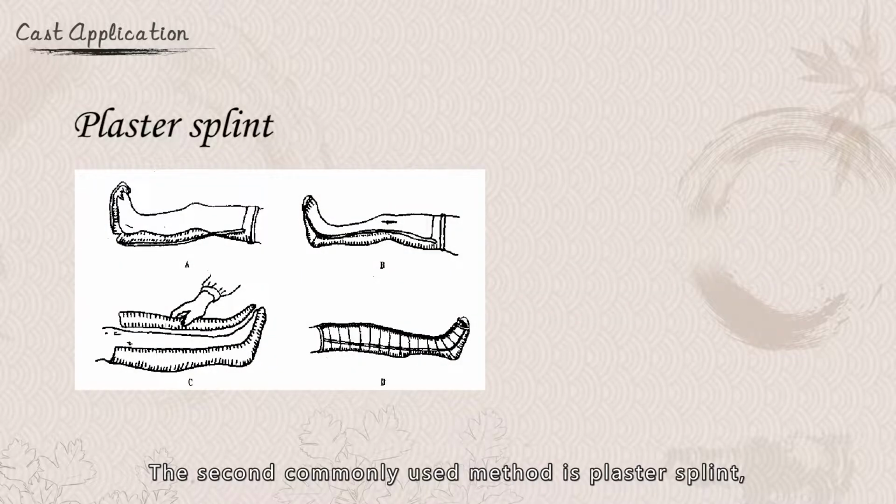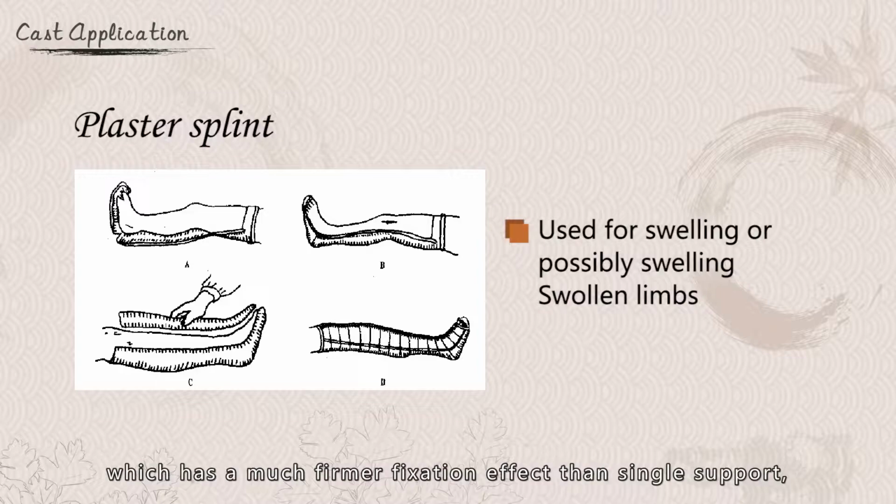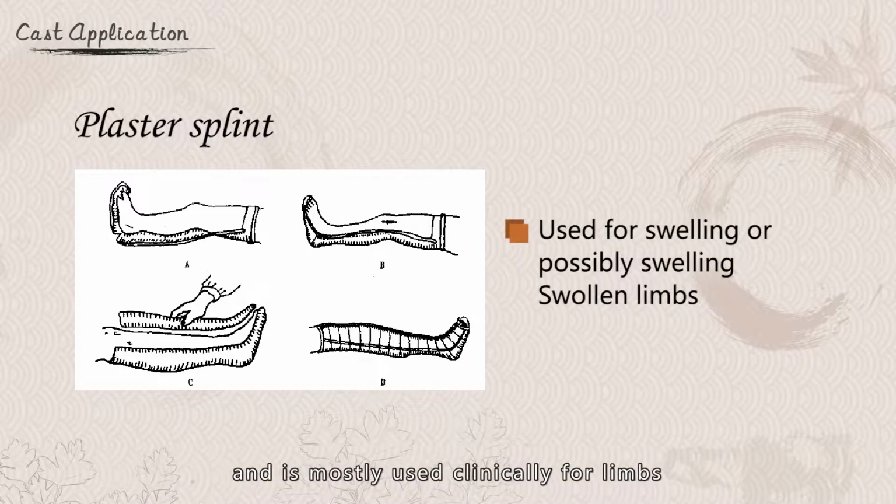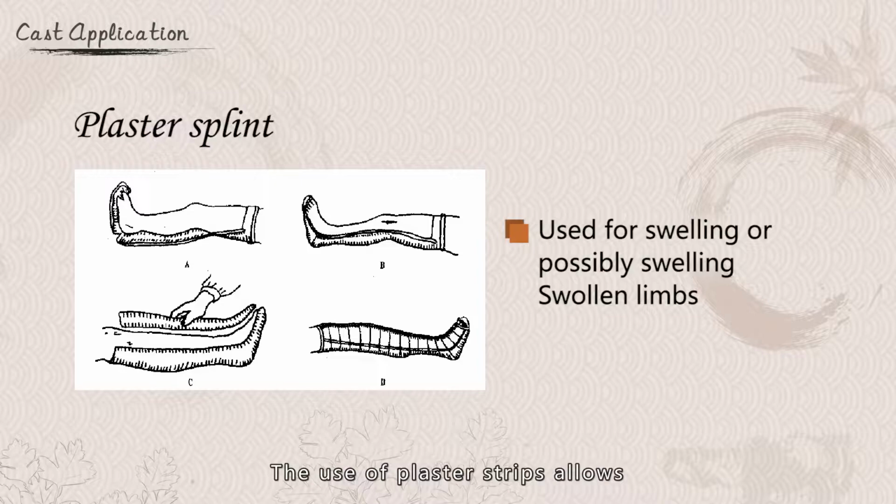The second commonly used method is plaster splint, which has a much firmer fixation effect than a single support, and is mostly used clinically for limbs that are swollen or may become swollen. The use of plaster strips allows the tightness of fixation to be adjusted at any time to prevent swelling from affecting the